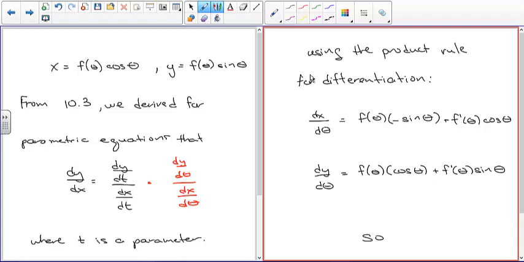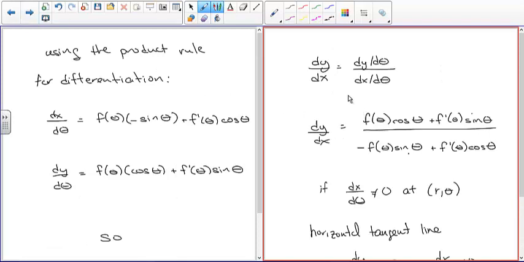So you take the first term times the derivative of the second. The derivative of the cosine is negative the sine. Then you take f prime of theta times the second term. So this is the derivative of the first term times the second term. So as it says there,